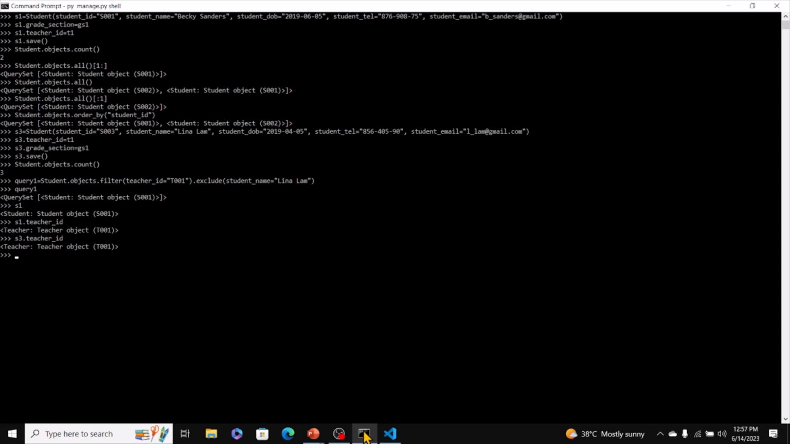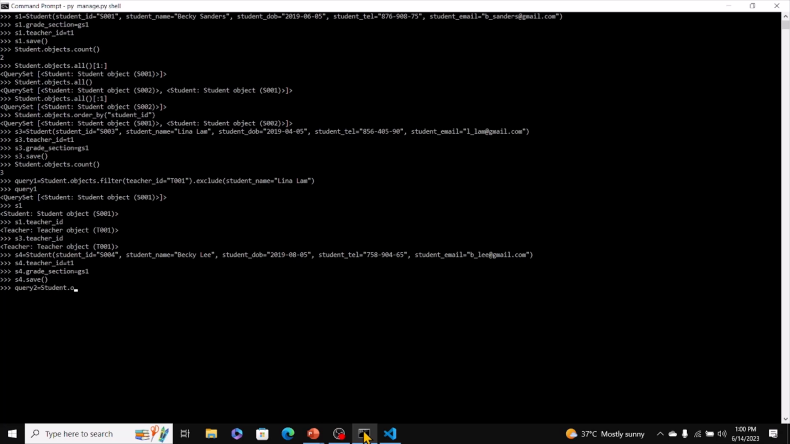So now let's look at starts with and ends with. For that, I'm going to add another student. Just call that S4. So we have another student there with the same first name. So now using starts with and ends with, you say query 2 equal to student dot objects dot filter